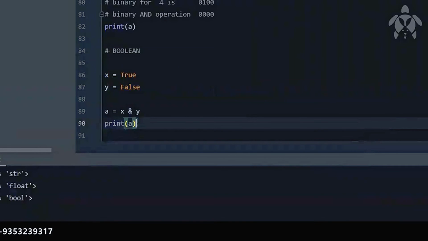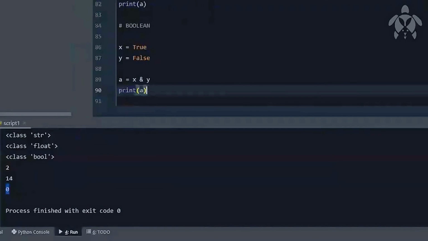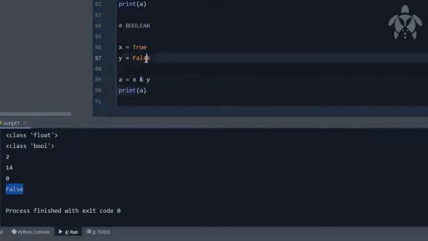x is true and y is false. True can be thought of as 1 and false can be thought of as 0. So 1 and 0 is 0, right? Because in the AND operation, if both of them are 1, it is 1, otherwise it is 0. So the output should be false. If both of the booleans are true, the output is true.